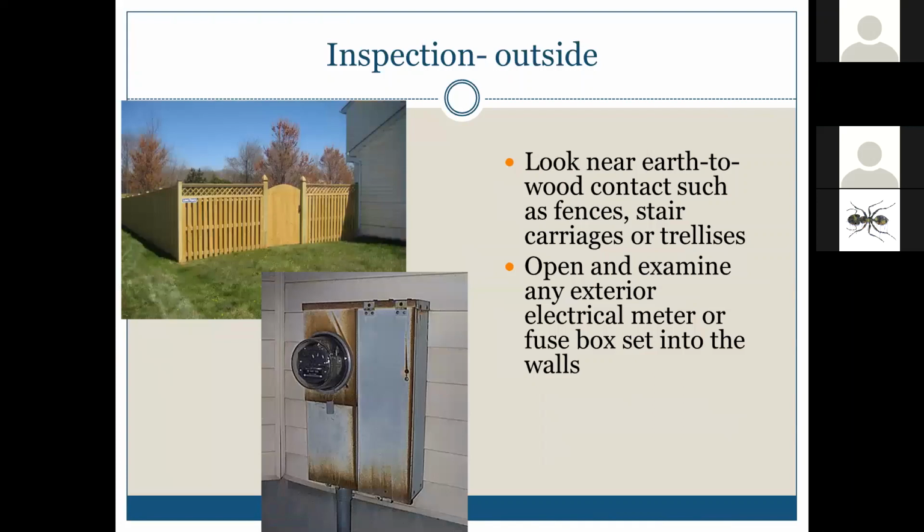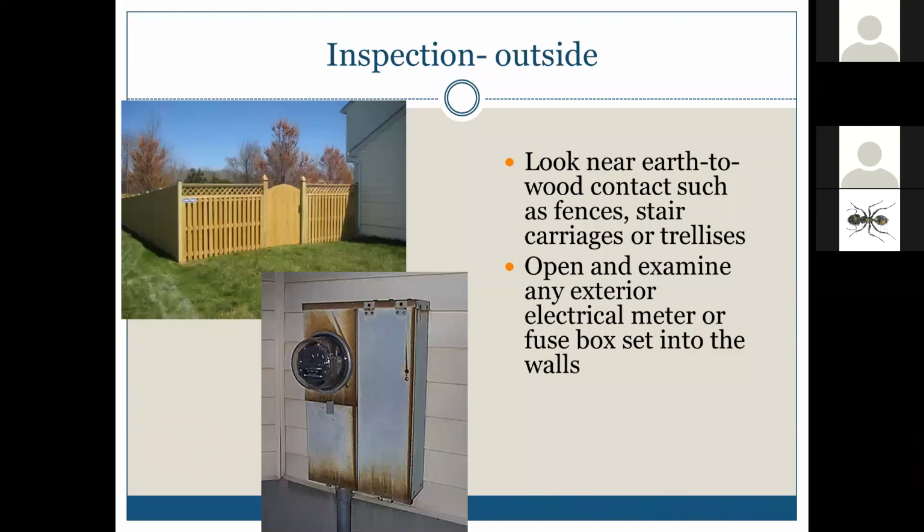Okay, so wood to soil contact. We need to make sure that you're looking in any areas where you have wood to soil contact. So fences are definitely going to be a case of that. A lot of people will have fences that attach to the house. Another one, they will have trellises or stairways that are on the home. Those are all areas that you need to make sure that you are watching, that the termites are not getting